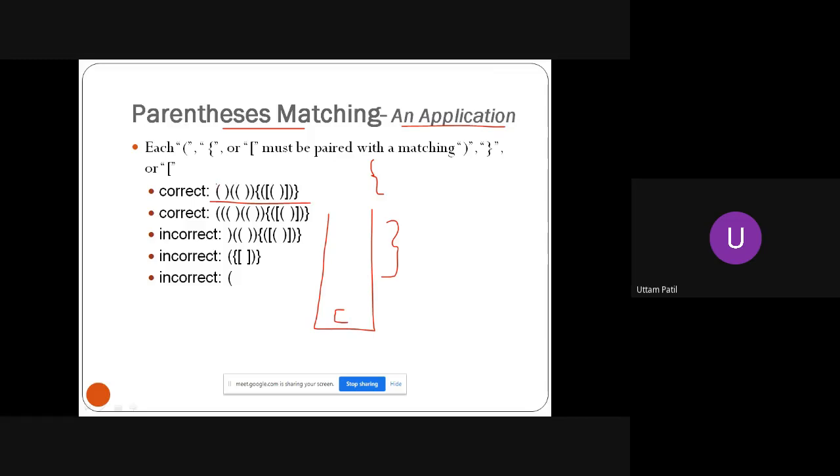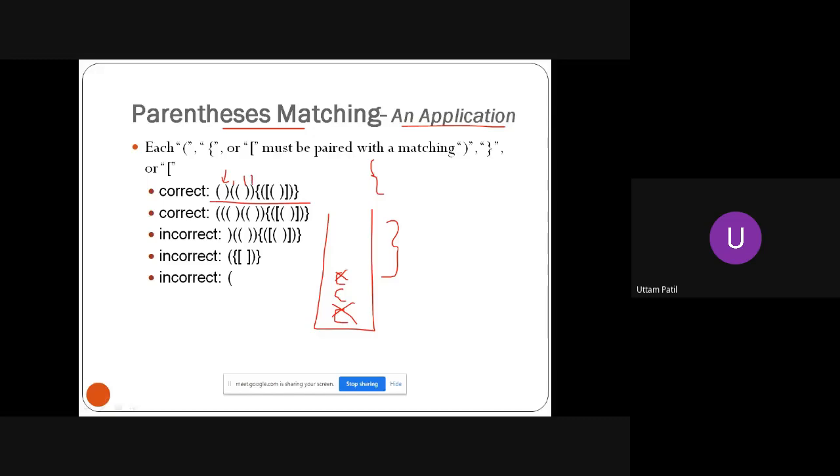Now there is an opening bracket here. I have just pushed it on the stack. I take the next character. There is a closing bracket. I just pop off this. Okay. There is one opening bracket. I just put it onto the stack. There is another opening bracket. I just put it onto the stack. I have reached this particular point now. There is a closing bracket. Once a closing bracket is encountered, what I should do is perform the pop operation.